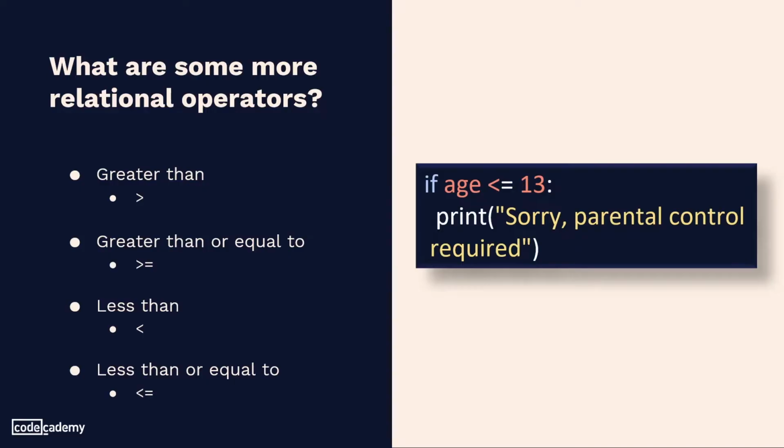Inside of our if statement, the condition is a Boolean expression which tests if age is less than or equal to 13. If this condition is true, then the message will be printed out. Now that we reviewed the basics of some additional relational operators, let's take a look at the instructions for the